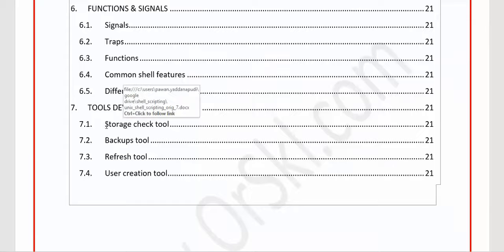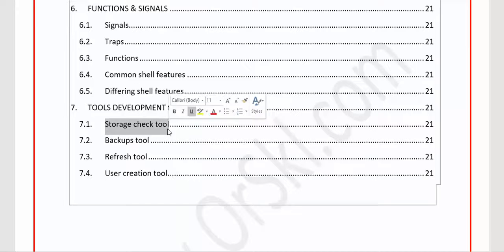After that, we are going to quickly start the storage check tool, which is very, very important for DBAs. Why is it so important? Because with the storage tool we will be dealing with a tool that can perform two things. One, it can help you find out the tablespace utilizations of all the databases on the server. As soon as you run this tool, you can specify which database you want to go to and find out the tablespace utilizations.